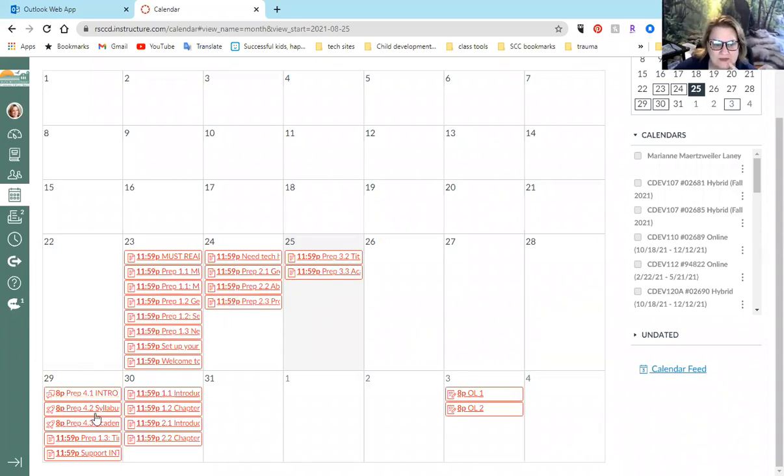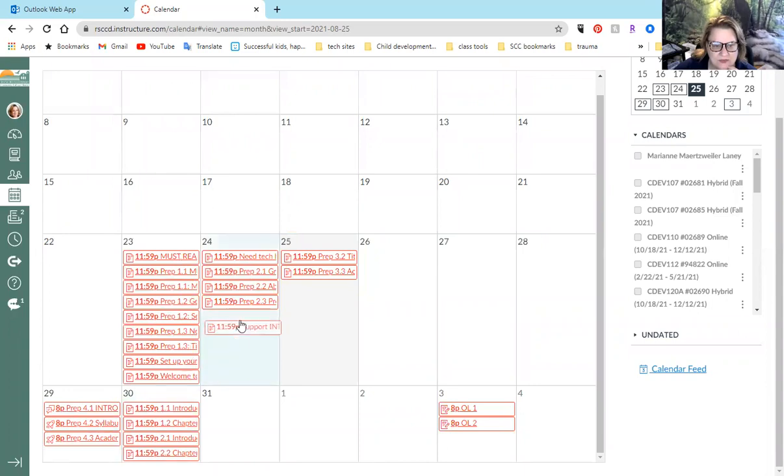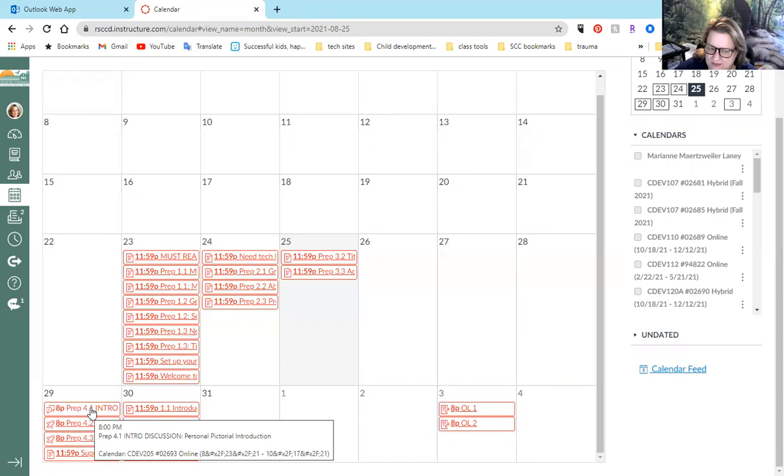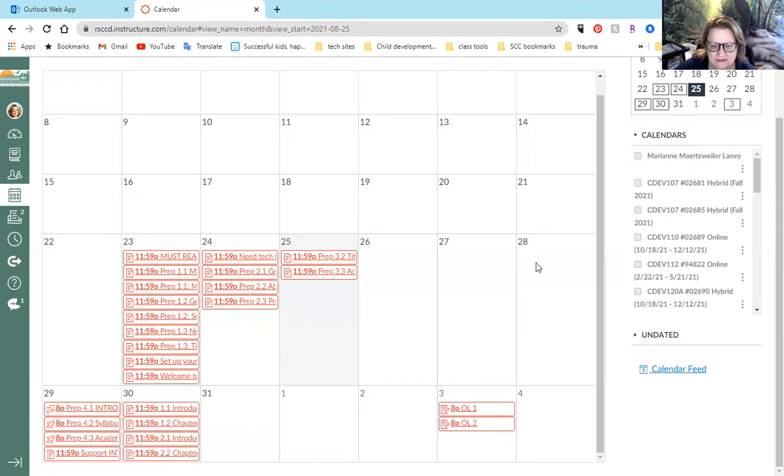Over here, let's do 1.3. I like to do the 4.3s at the end. And let's do this one here. So 4.1, 2, 3. I think there's another one missing. I know there was something funky where you could see it but couldn't access it, so we'll go through all those things together. So our week looks like this.